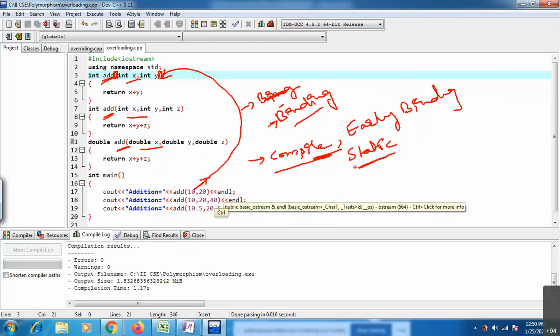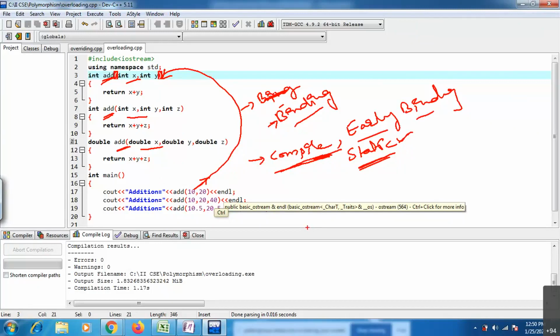We have already seen the static keyword when talking about static variables and static functions. Using static means at the time of compilation itself, those functions are identified. So this type of polymorphism, you can call compile time polymorphism, early binding, or static polymorphism.